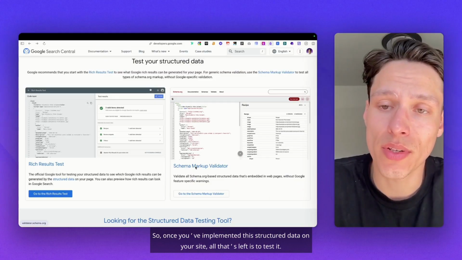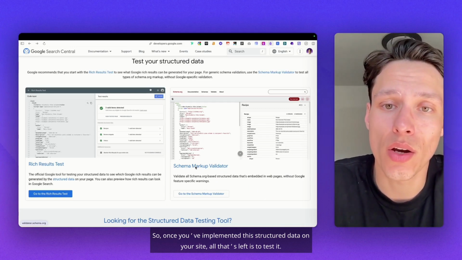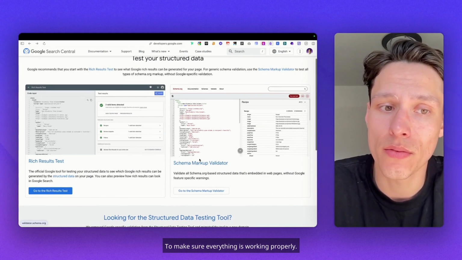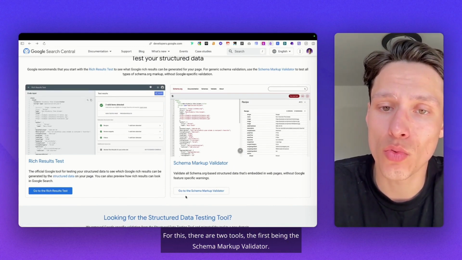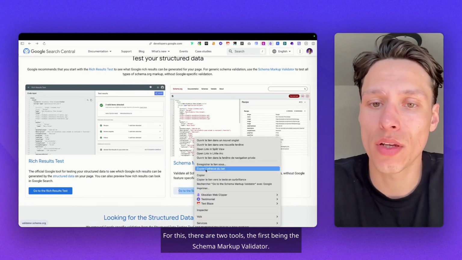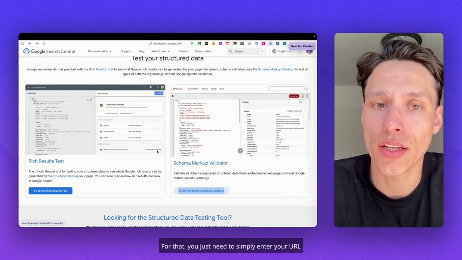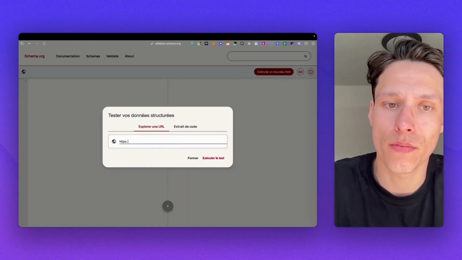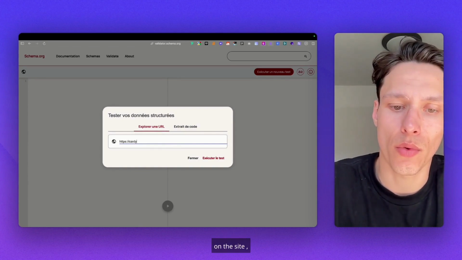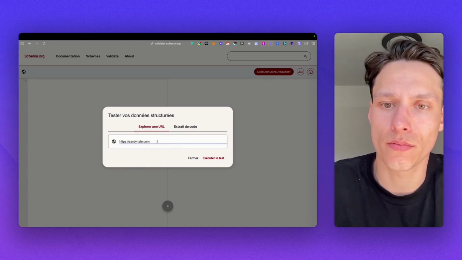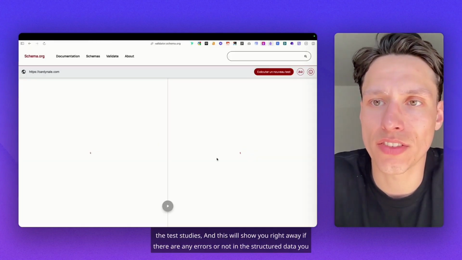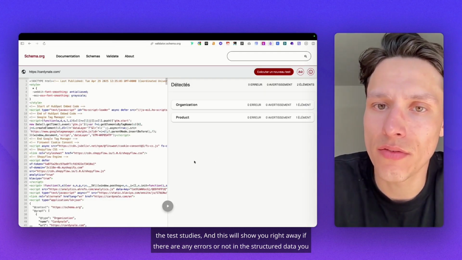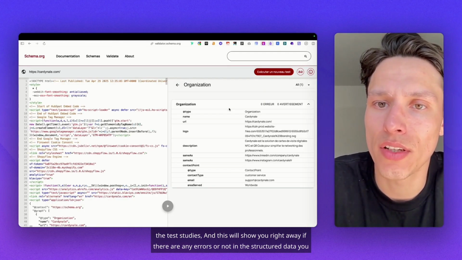So once you've implemented this structured data on your site, all that's left is to test it, to make sure everything is working properly. For this, there are two tools, the first being the Schema Markup Validator. For that, you just need to enter your URL on the site, run the test, and this will show you right away if there are any errors or not in the structured